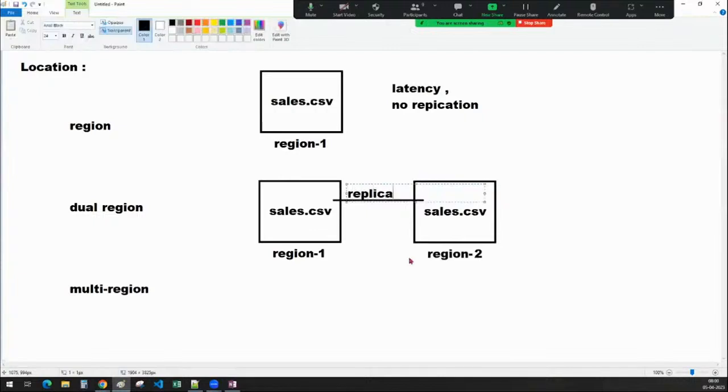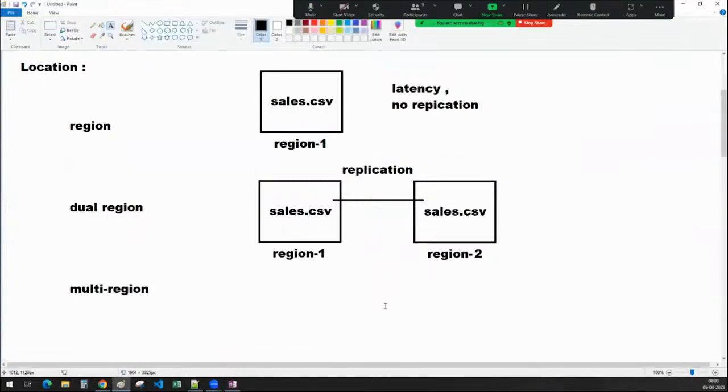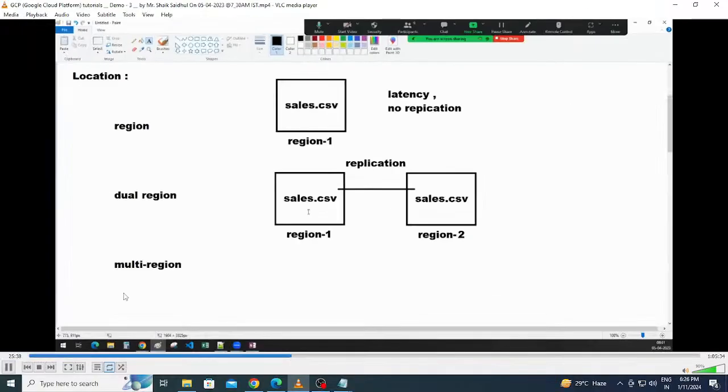Excuse me, sir. Yeah, sorry. If we delete region 1, data will be deleted in region 2? Yes, region 2 as well. If you intentionally delete the data, that means you don't need it, right? So the data will be deleted in both regions, because you don't want to pay the extra charge unnecessarily. You intentionally deleted